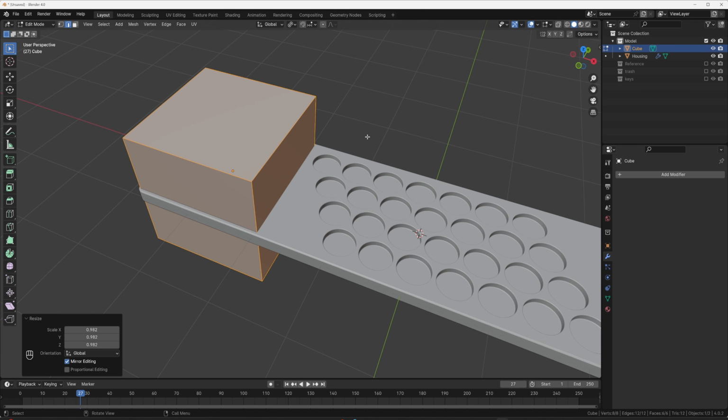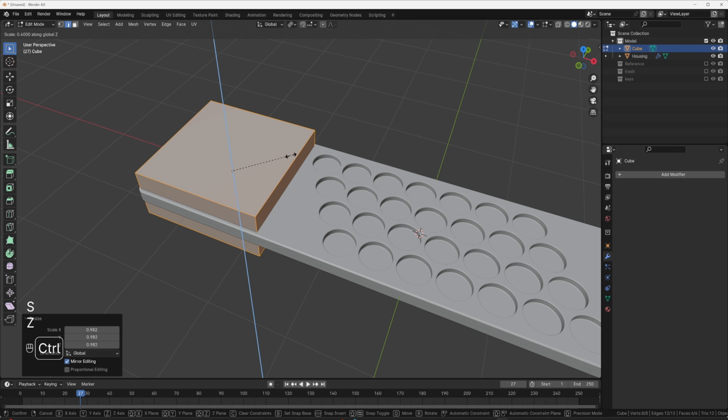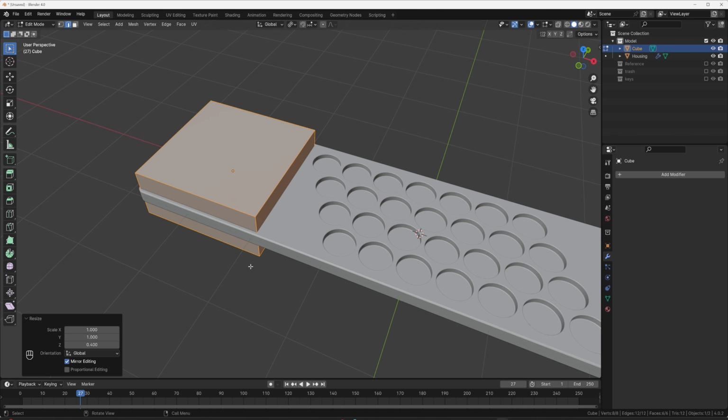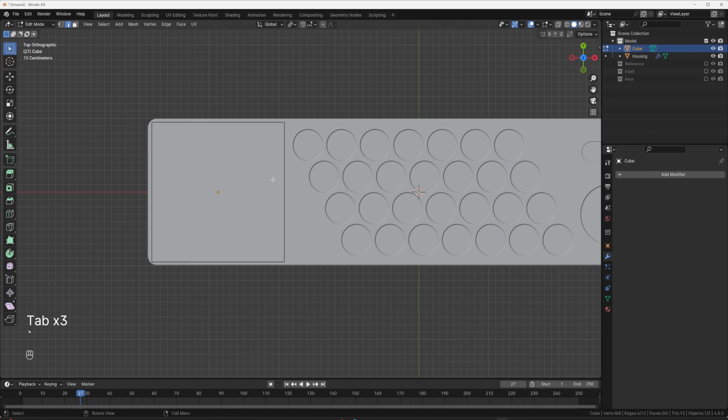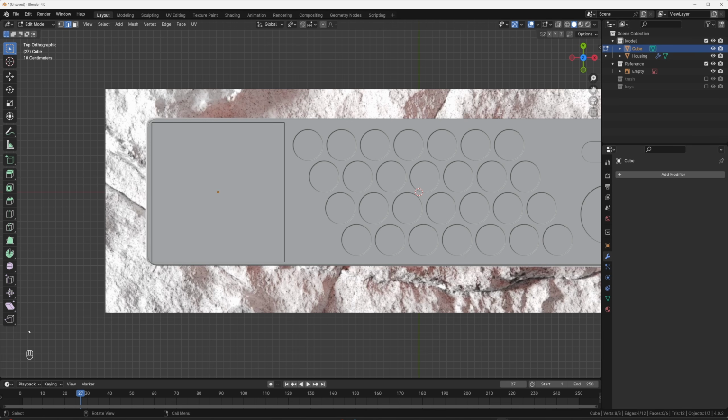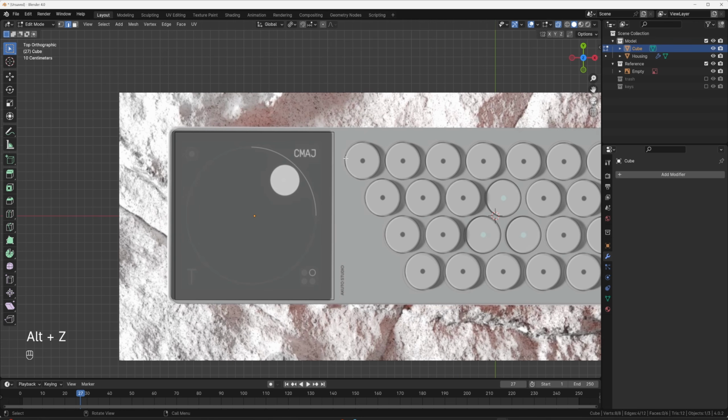And then we're going to use the trick of going to S Z and go ahead and shorten this. That way I can deselect everything with Alt A and then Control Alt select this. And that's going to be the only lines or edges with that length and direction. So if I go into top, I'm going to turn the reference back on, Alt Z to view the edge. You can see we're not exactly lined up, but it's going to be really close.